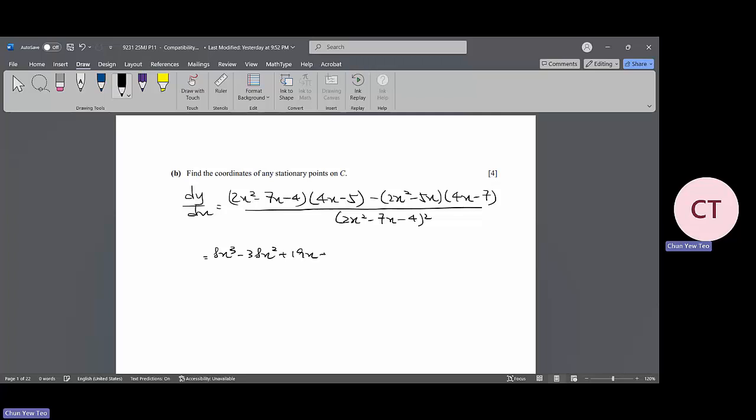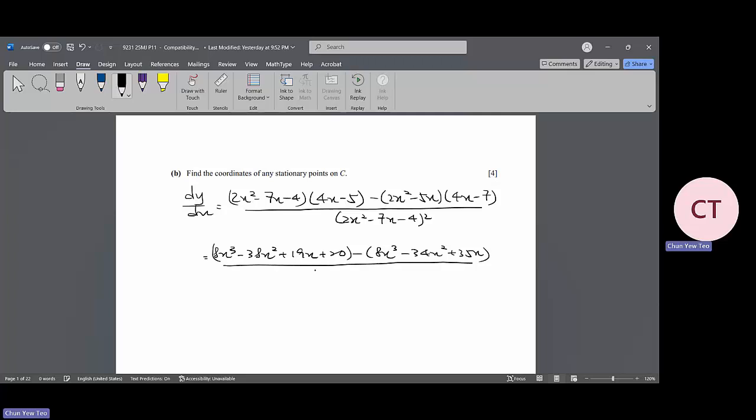Then plus the 20. Then minus this one, if you expand, you will get 8x cubed minus 34x squared plus 35x